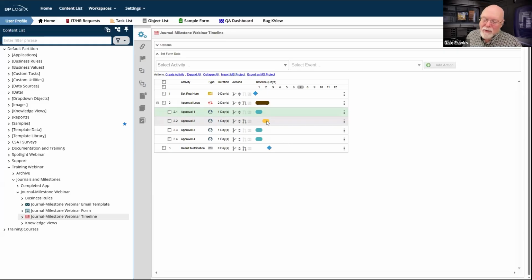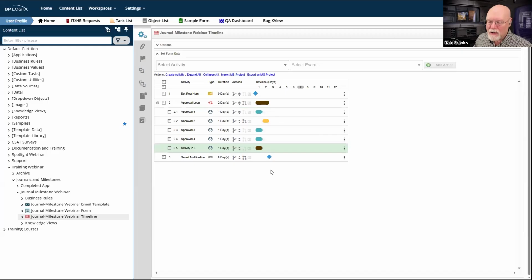Now, what happens if I have all of these approvals and they aren't going to happen concurrently? How do I want to handle a milestone? Well, there's a couple of little ways that I can do this. What I might do is just drop in another child activity.